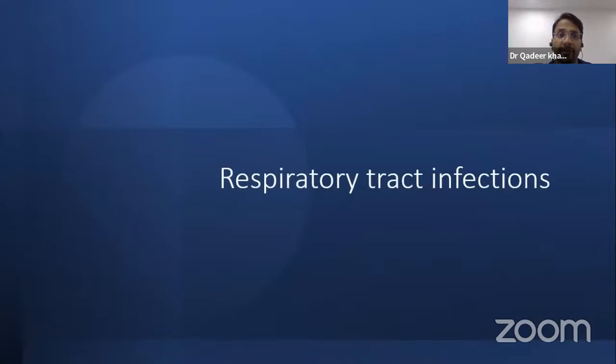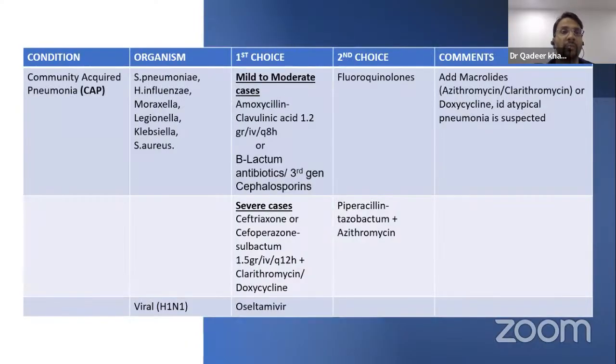Next is respiratory tract infections. For the most common organisms, we should again differentiate whether it's a community acquired or a hospital acquired infection. And what will be our first choice of antibiotics? As I said, beta-lactam or beta-lactamase inhibitors and/or third generation cephalosporins. Fluoroquinolones and macrolides are the second choice, as the concentrations of these drugs are higher if you consider plasma versus